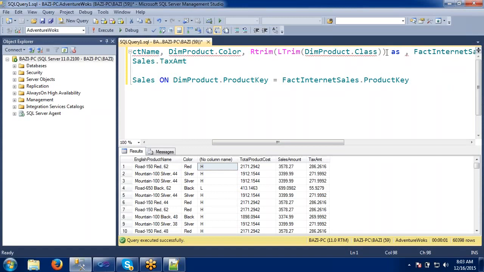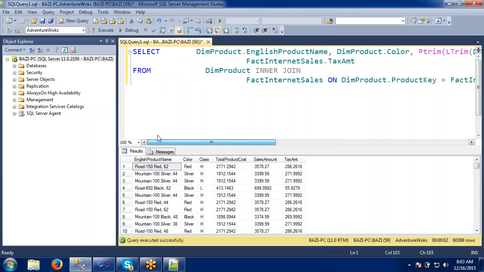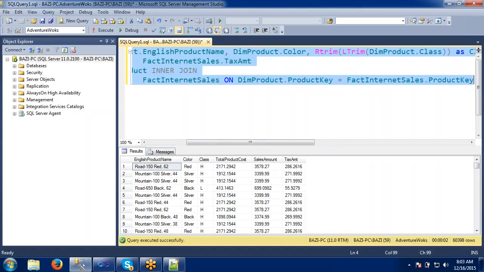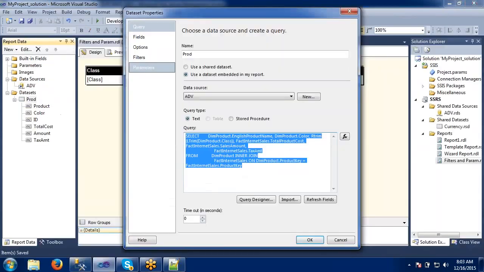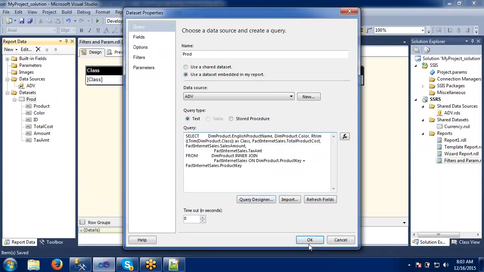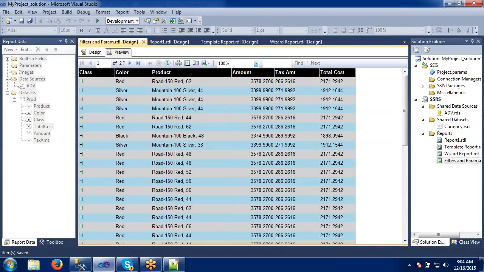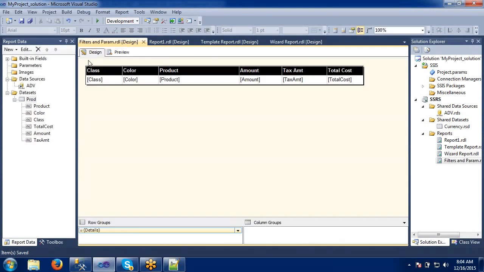As class. Now it's working. We were just missing an alias here. That's it. Now it's trying to load the data. Now we have color and high class, low class.